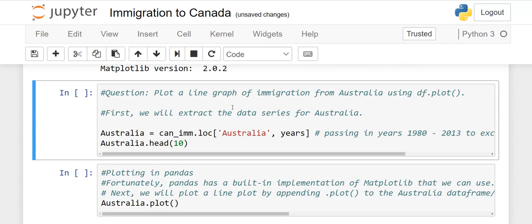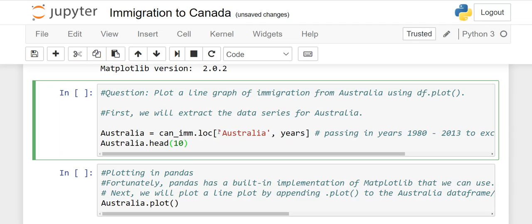Now the question is, plot a line graph of immigration from Australia. There are different graphs, but the line graph is the default. So in this lesson we will learn the line graph for Australia. First we will extract the data series for Australia. Australia is equal to, and this is the important point, keep in mind, our data frame name dot loc.